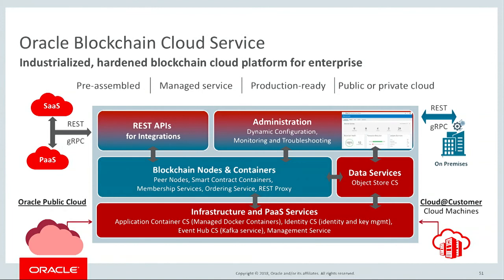The blue box in the middle that you see is a hardened implementation of Hyperledger Fabric. Why did we use Hyperledger Fabric and not other open source platforms? One is our commitment to open source, and second is it's a very modular architecture. It's very programmable, and it lends itself to a permissioned blockchain implementation. That's why we are using Hyperledger Fabric. So you just click once and you are ready to go. Let me show you by a quick demo here of how we did all this.